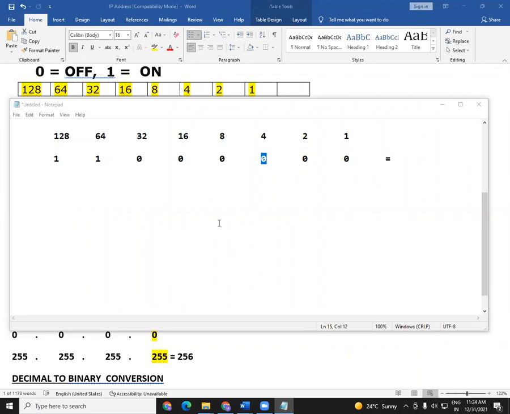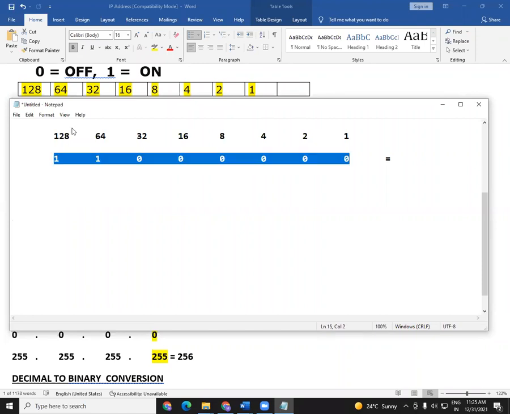So when you convert a binary number into a decimal number, the first thing we have to see is how many binary bits are there and what the bit values are. So we have 8 binary bits. We are taking only 8. See, you can convert 10 binary bits into decimal. You can convert 75 binary bits into decimal. You can even convert 3 binary bits into decimal. There is no limit there.